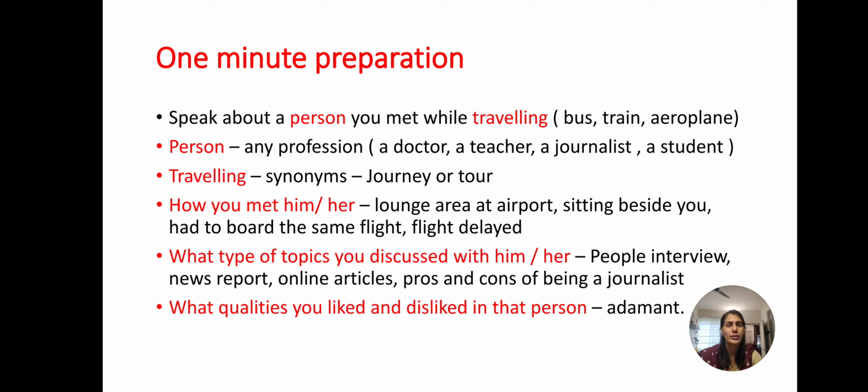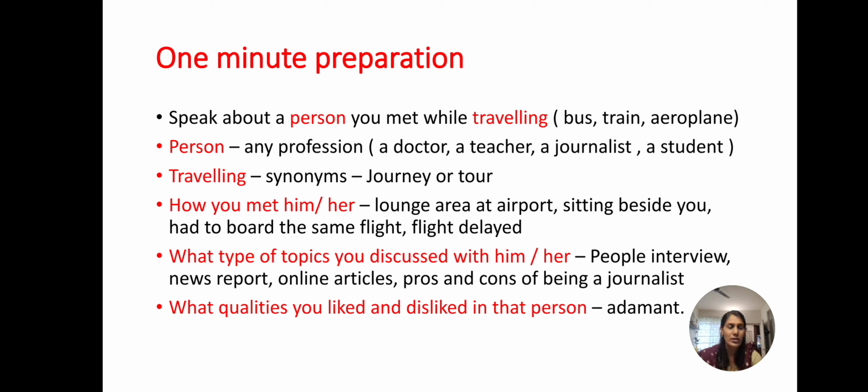Now the last pointer, what qualities you liked and disliked in that person. Now qualities you can say within 1 or 2 sentences. Use some adjectives. Here I have written adamant. You can use any other adjectives to tell the quality of that person. Now once we have completed this 1 minute of preparation, we will frame these pointers